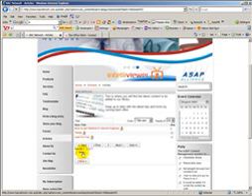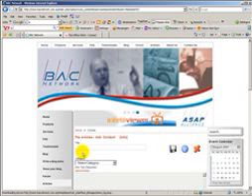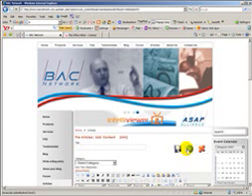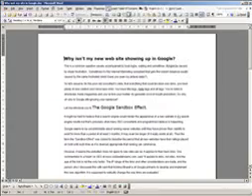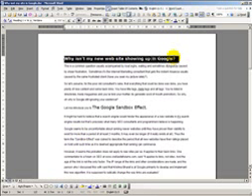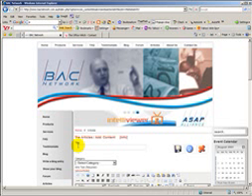So now we go to add a new article, click on new, and you'll see that you have your title box here, and then below the title box you'll have the editor. Now before I go down to the editor, what I'm going to do is get my title from the article that I'm going to copy. So click on that, copy it, go back to the website and click in the box, right click again, paste, and that's now added my title to the